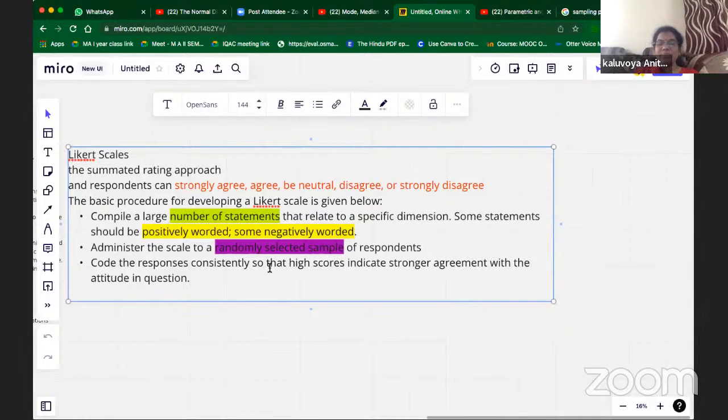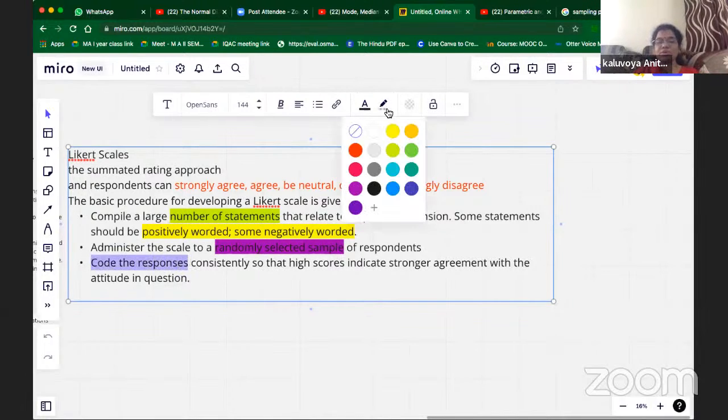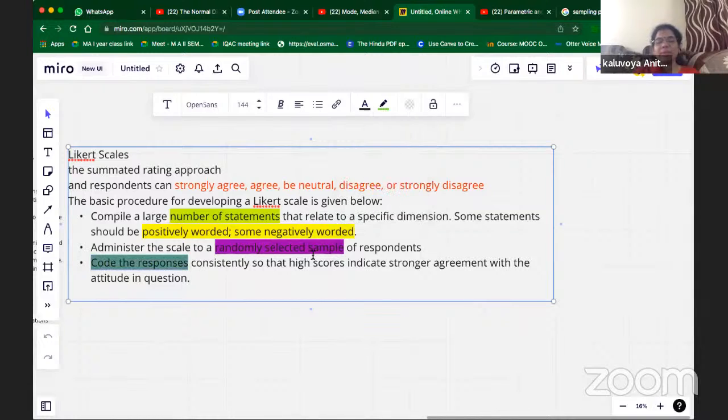And after you administer this questionnaire to them, you have to code the responses. Now, coding is a big duty. You just have to take it up and work on it. You have certain software, as I told you in the previous class. For a qualitative study you have software, and for a quantitative study you have something like SPSS and all that, consistently,